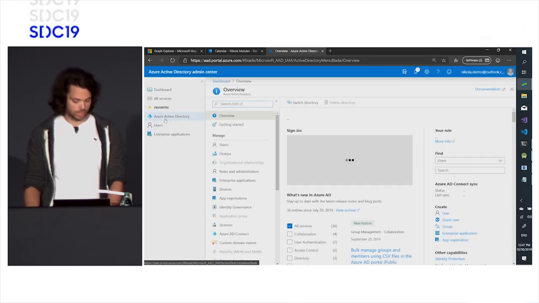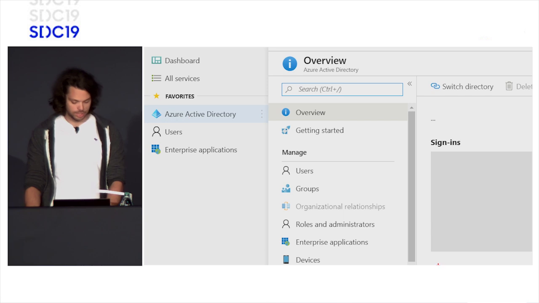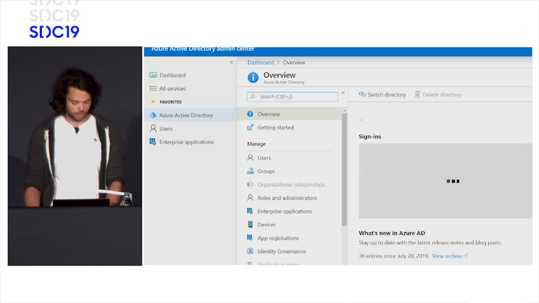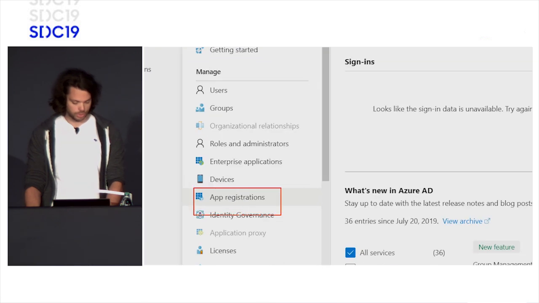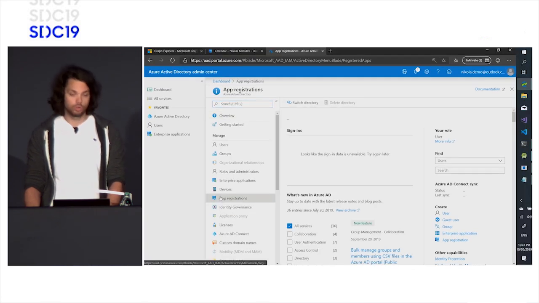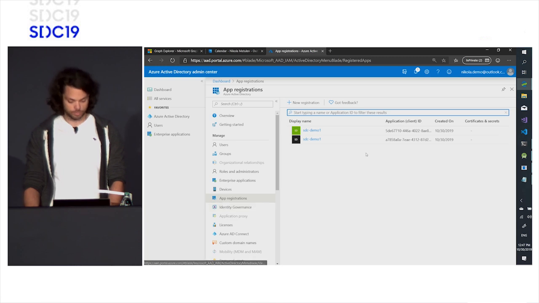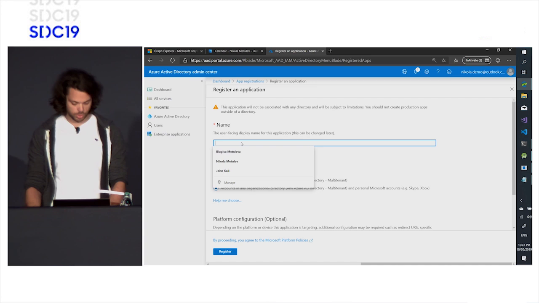You can click on Azure Active Directory here on the side, and then if you click on App Registrations here in the options, you can see it right there. This will allow you to create new Microsoft Identity applications. I've already created a couple this morning. I'm going to create a new one just for this demo. I'm going to call it